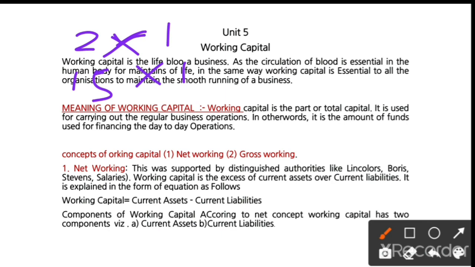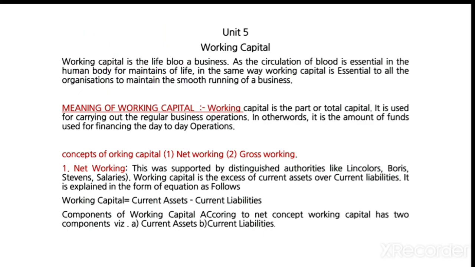One more very important thing is to work out the problems under working capital, which requires a little bit of application of mind. So we will discuss in the next class the difference between fixed and variable working capital, and also the methods and the format for calculation of working capital. Thank you, we will meet in the next class.